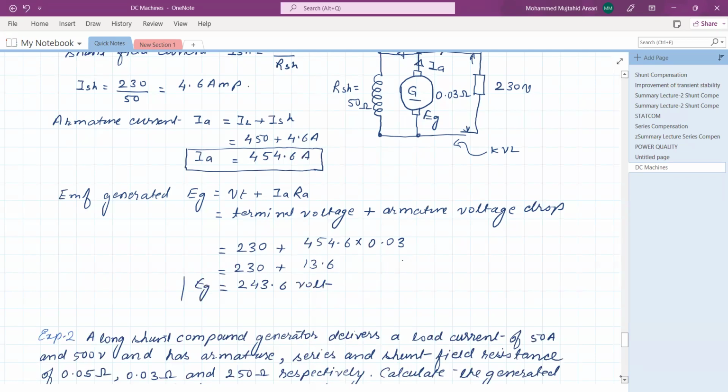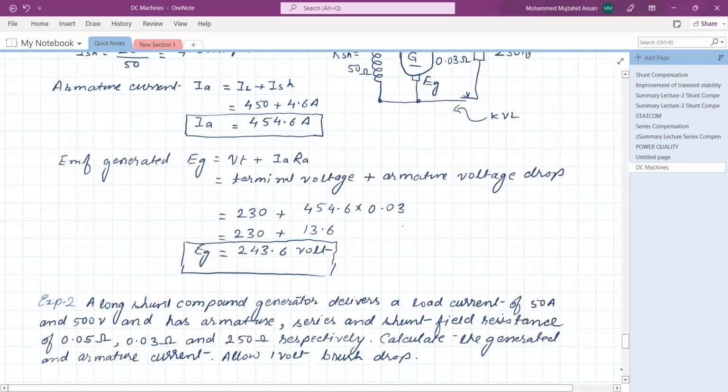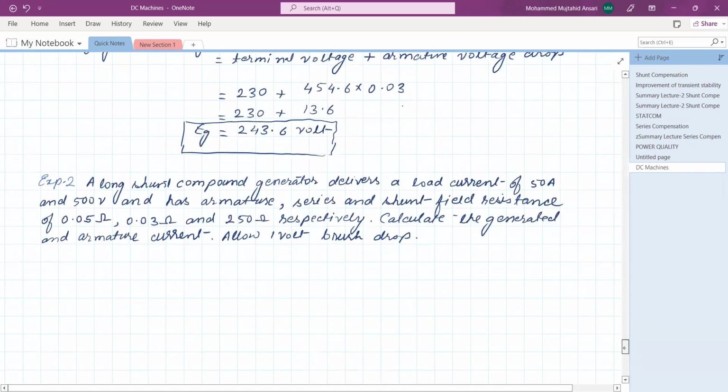So this is the end of the first example. So it is very simple. Now we will solve the second example. Second example is